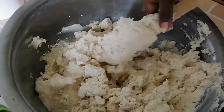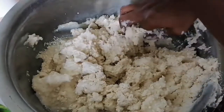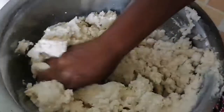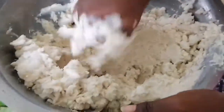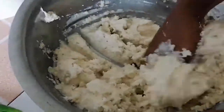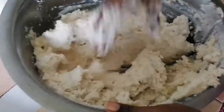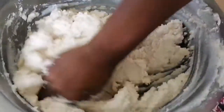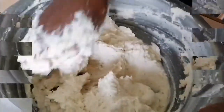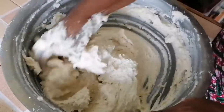Okay, I think the hotness has cooled down a bit, so I can use my hand. At this point, you will mix everything, and you have to make sure that you mix it well. It has to be smooth, no lumps in it. So this is it. As you can see, you have to mix and make sure that everything is mixed together